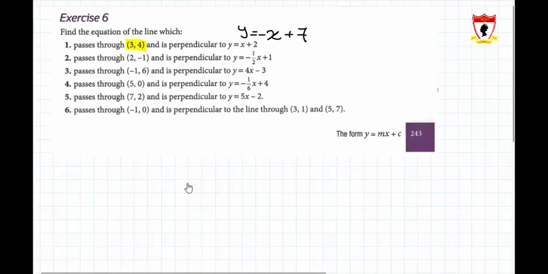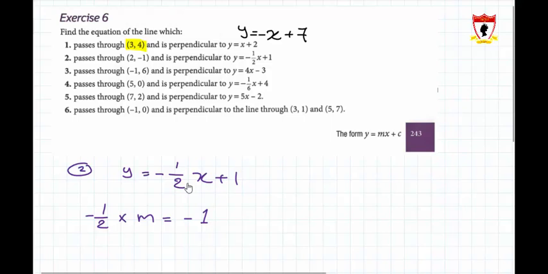Question 2, y equals negative 1 over 2x plus 1. Now, negative 1 over 2, which is the gradient of this equation, times which number will be equal to negative 1? Negative 1 over 2, if we multiply it by 2, it will be negative 1. So m,